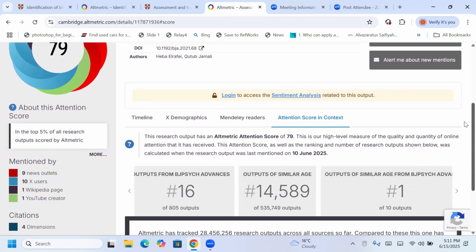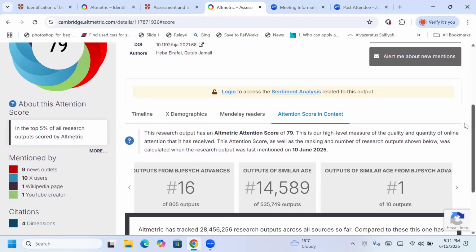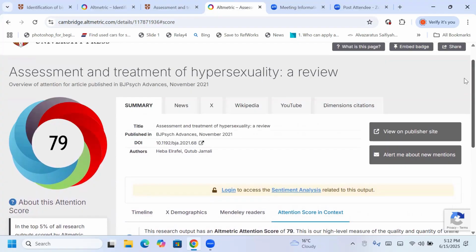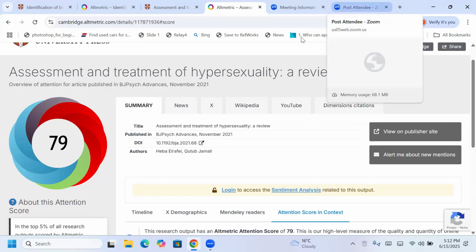So at the end of the day, it is not about the citations. It is about the number of readers, the background of the readers. It is about whether they are only reading through this, or whether this is being reflected in terms of this particular article being discussed on news, on Twitter, in Wikipedia, or on YouTube. So again, it gives you a broader dimension here. So this was a brief overview on Altmetric, and the Altmetric attention score, and how it is different from ORCID,